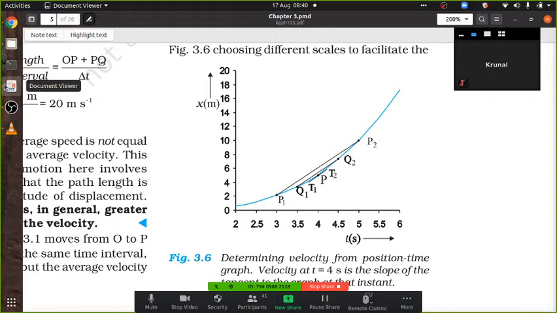Now this graph makes some sense to you? What the artist wants to convey is that if you take points like P1 and P2, you will get an average answer. Make the duration smaller, Q1 and Q2, your interval is made smaller. T1 and T2 smaller, smaller and smaller. Finally, you will find exactly at P what the slope was, and you will get the instantaneous value. Am I clear?